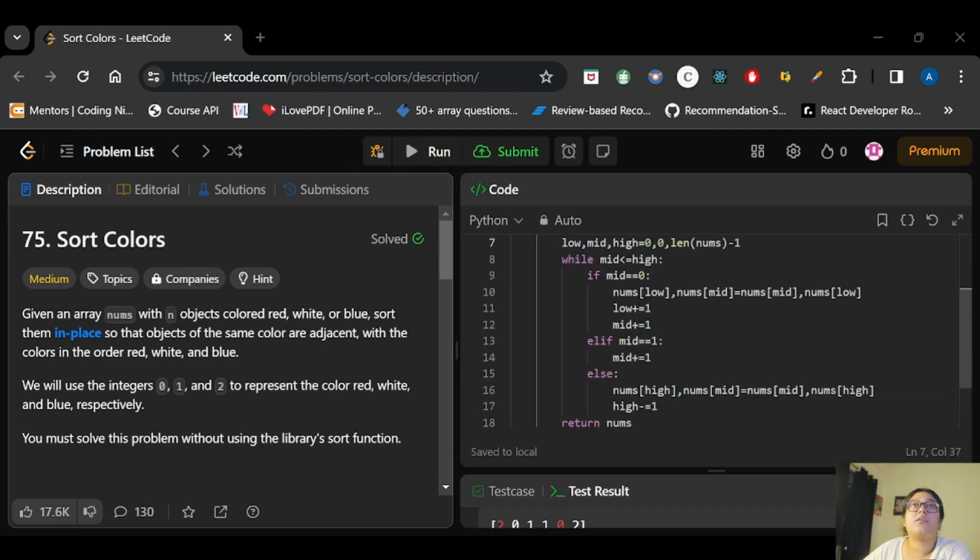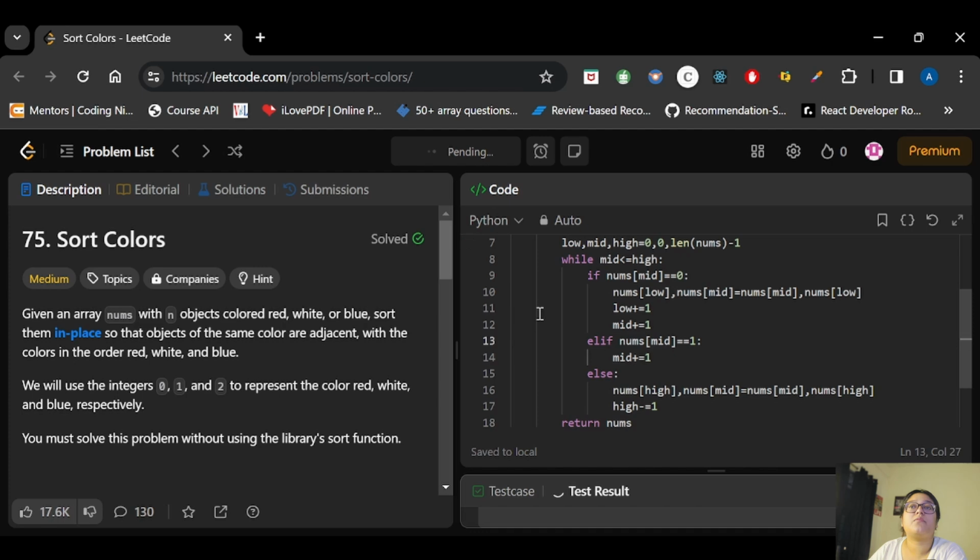Okay, the thing is, I am checking if mid is equal to 0. It should not be mid equal to 0. We should be checking if nums at that index is equal to 0, right? In the explanation also, I was explaining like that. That's why I missed it out. There also we just skip the nums part, right? There also we need to check the nums value only. So using that, now let's try to run it.